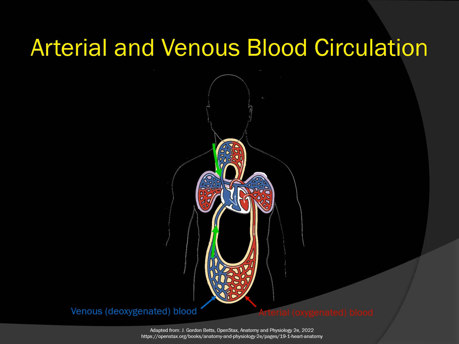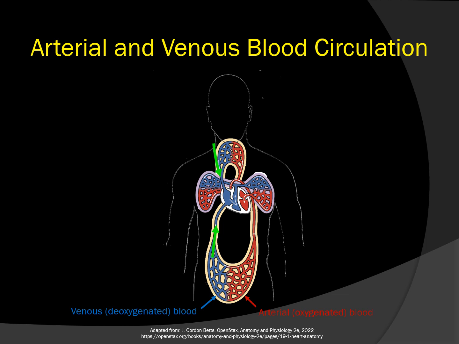I'd like to make sure we're all on the same page as we discuss the systemic circulation served by the left ventricle and pulmonary circulation served by the right ventricle. Blood flows through the body in a figure 8 circulatory pattern, passing through the heart twice with one full circulatory cycle. Let me walk you through one circulatory cycle, starting with the venous blood, which is deoxygenated blood, shown here